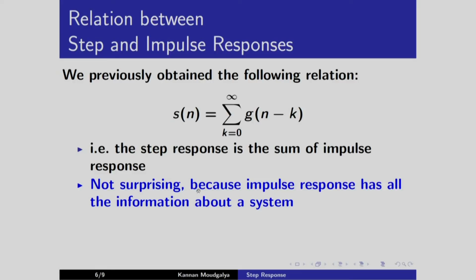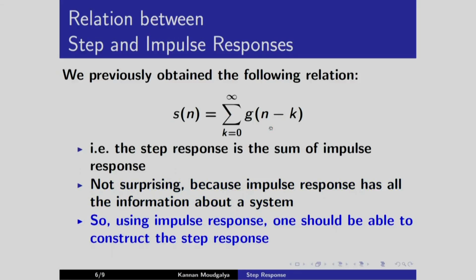the fact that we got step response as a function of impulse response is not at all surprising, because impulse response has all information about the system, we already saw this. So naturally we can express any arbitrary response to any arbitrary input as a function of impulse response. So we can get the response to a step also as a function of this. Of course we have got a specific expression, namely it is just the sum, but that it is a function of impulse response is not at all surprising.